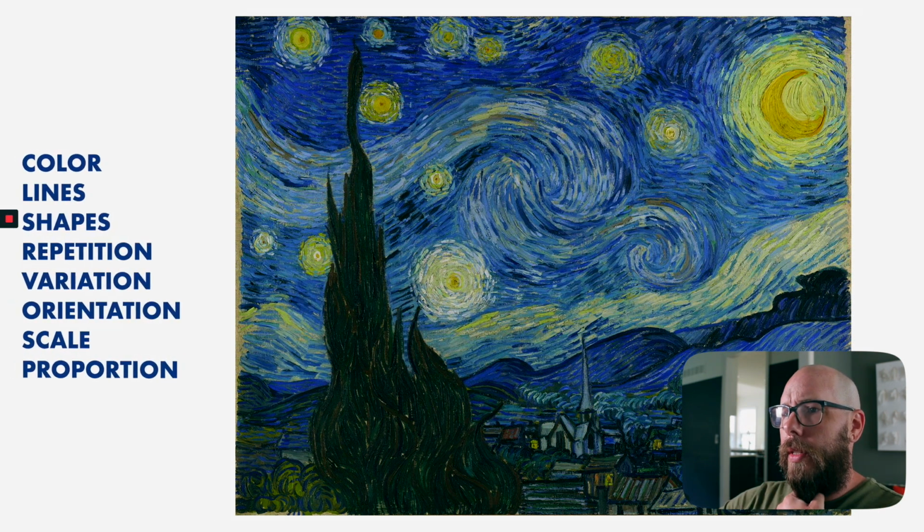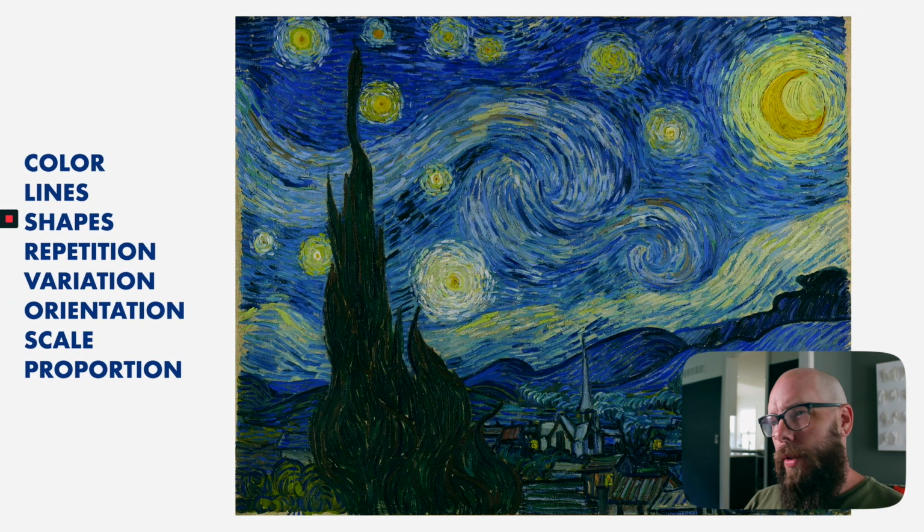I think that you can see that echoed in Van Gogh's classic Starry Night, where he's using a combination of color and line in the background, and the blue and yellow colors create a feeling of wind whipping through a dark starry night. The repetition and variation of that same mark over and over again create that feeling of movement in